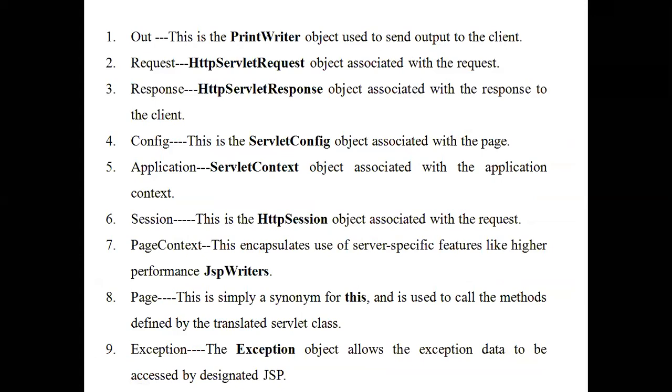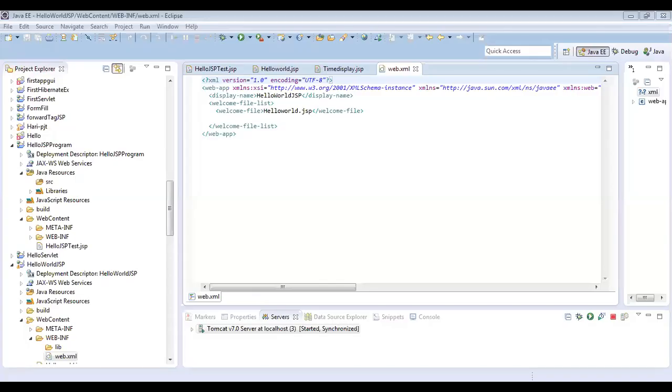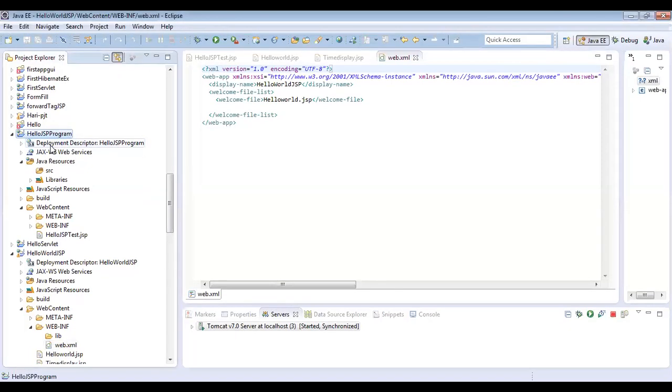Before we get into it, let me quickly run one program and give you a feel of how exactly it will be. I have created a simple Hello World program in JSP. I will tell you in detail about how to create the project in the next class. But just to make you understand, this is a simple Hello JSP program. As we created for servlets, it is also a dynamic web project. It will have a folder called SRC, but I am not writing anything in Java, so the SRC folder is empty.